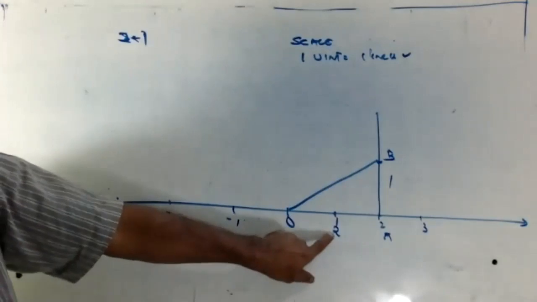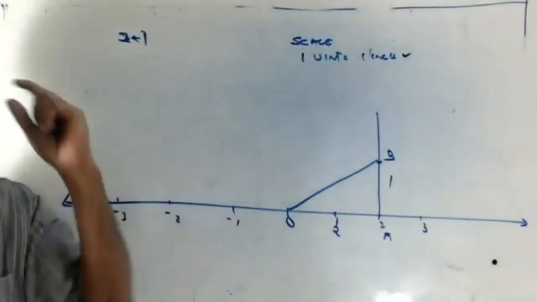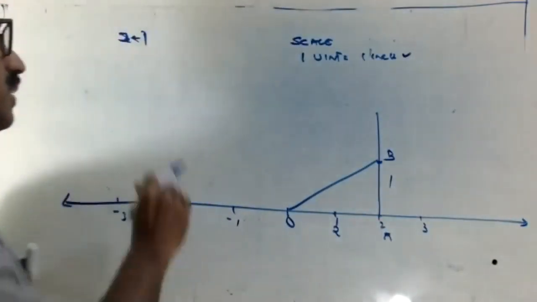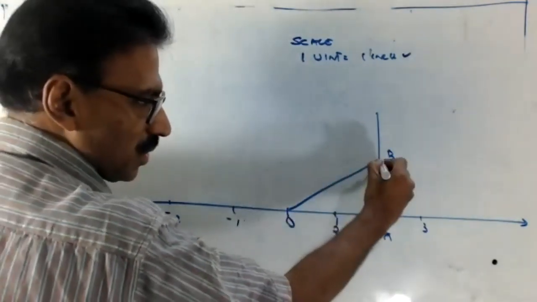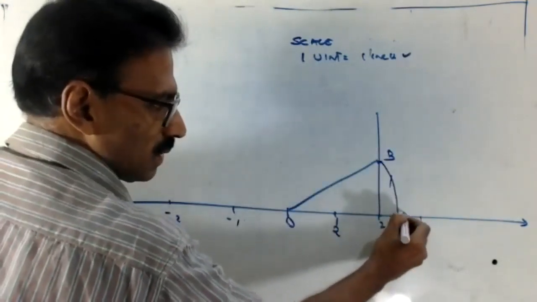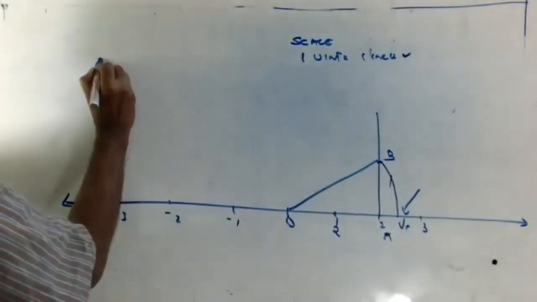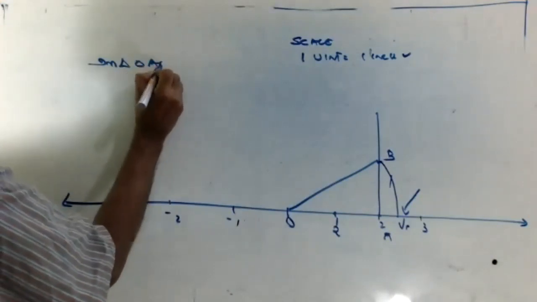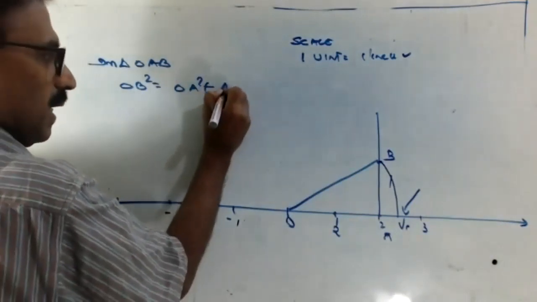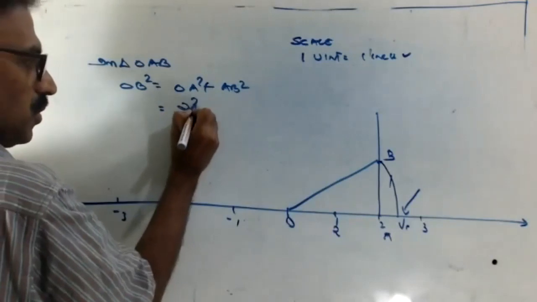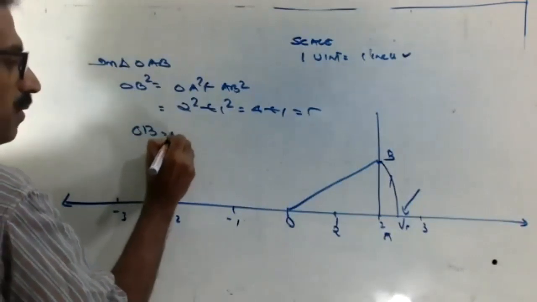Okay. So now look here. This line OB square equal to 2 square plus 1 square. That is 4 plus 1. 4 plus 1 is 5. Then after that, O as center, OB as radius, draw an arc like this. How we did root 2? Like this. This part is root 5. I'll show you the proof. In triangle OAB, OB square equal to OA square plus AB square. That is 2 square plus 1 square. That is 4 plus 1 equal to 5. So OB equal to root 5.